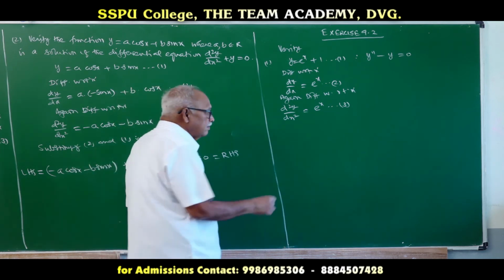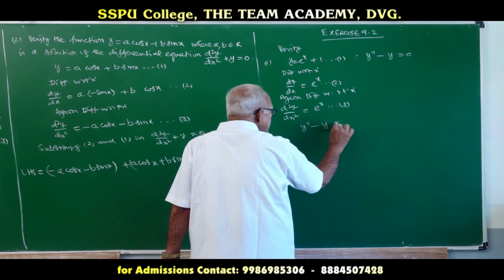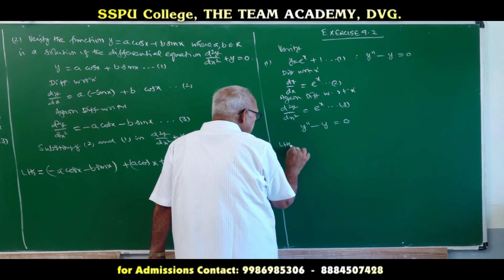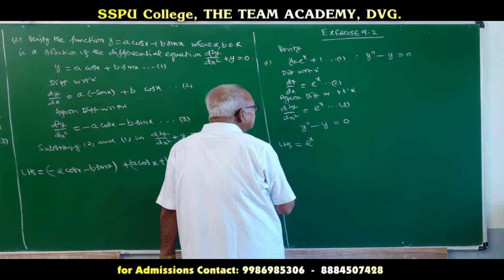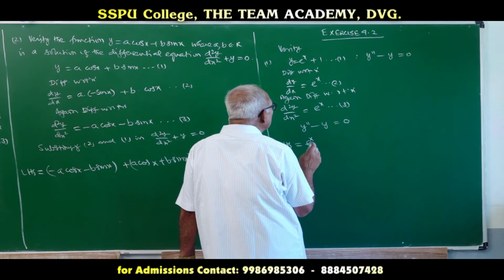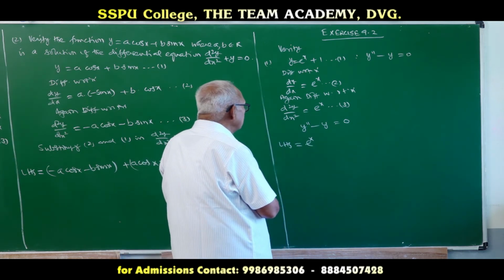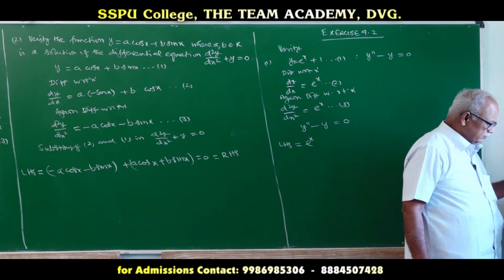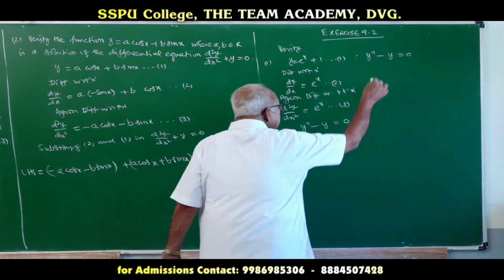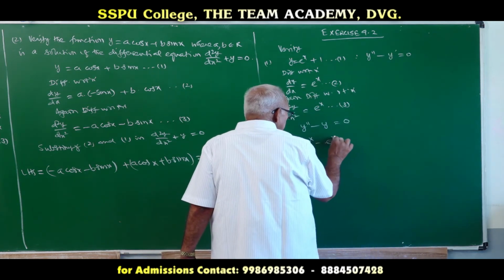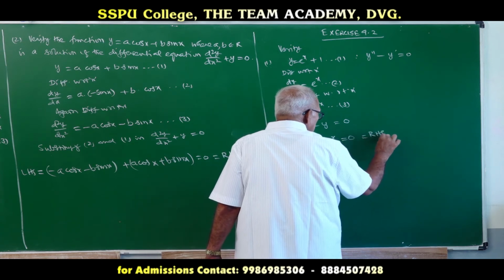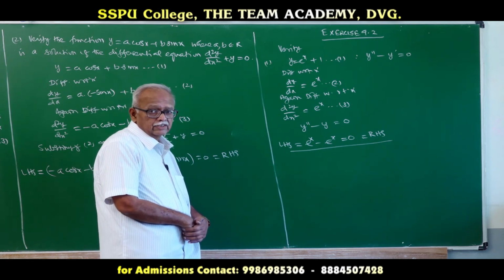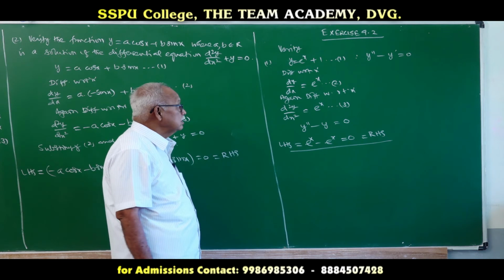Now, we take the equation y double dash minus y is equal to 0, substituting y double dash, that is d square y by dx square. LHS is equal to e power x minus y, I think y dash, okay, y double dash minus y dash. Take this as y dash, e power x minus e power x is equal to 0, which is RHS. So, this is how the first problem in your exercise 9.2 comes, that is y is equal to e power